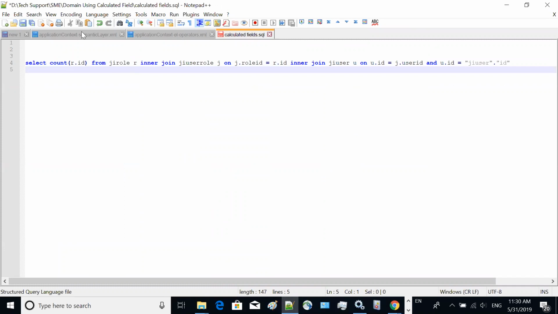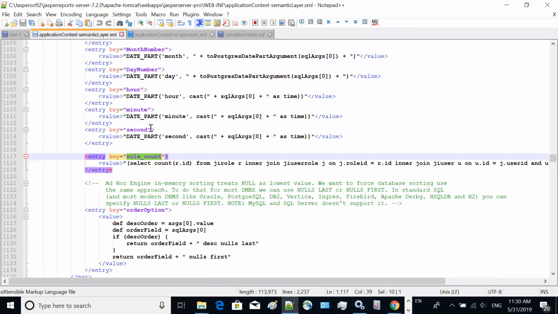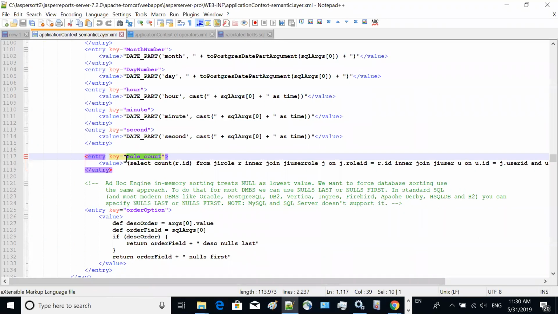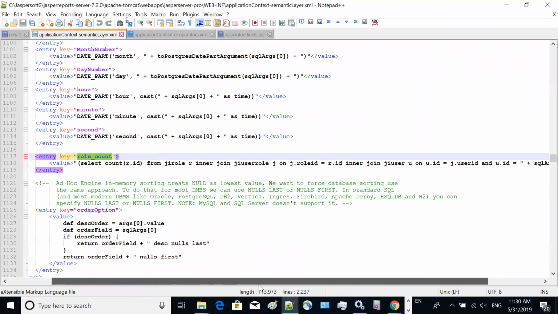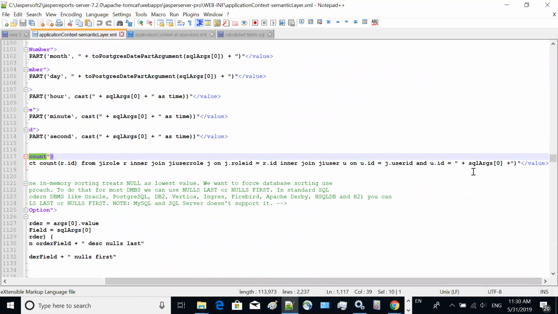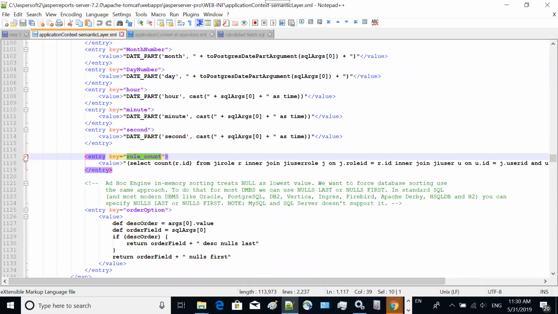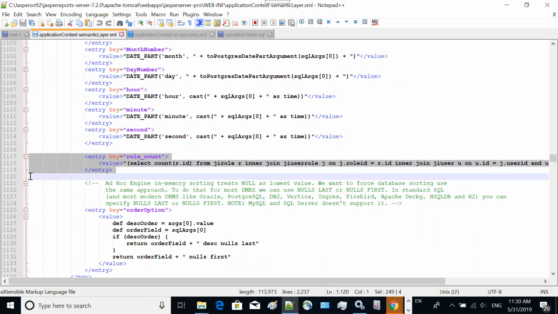So this is a function we need to inject into the semantic layer. This is all you need to do. You add a function, in this case we call it row count. And the SQL query is the SQL query. Notice the ID actually is injected through a parameter. Therefore, we can use this through a domain calculated fields function. You just look at other entries, make a copy and paste this one, then make changes appropriately. And this one is deployed under